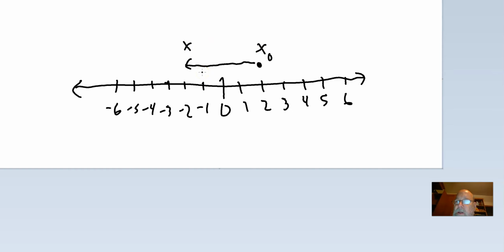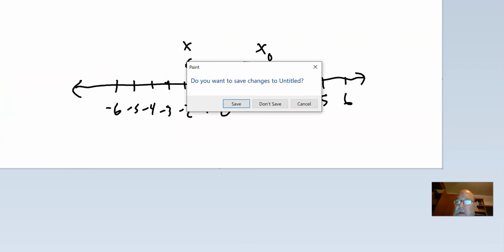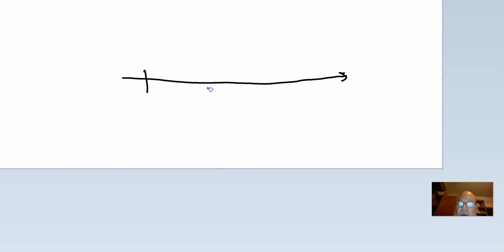Okay, so that's one type of frame of reference that we could use. But that's a little too cumbersome. I don't want to draw numbers and everything like that every time. So a simpler frame of reference that we could use is going to be this. I'm going to have an arrow, and I'm going to have an origin, and then I'm just going to simply indicate what direction positive values are in. Okay, I'm not going to put numbers here,